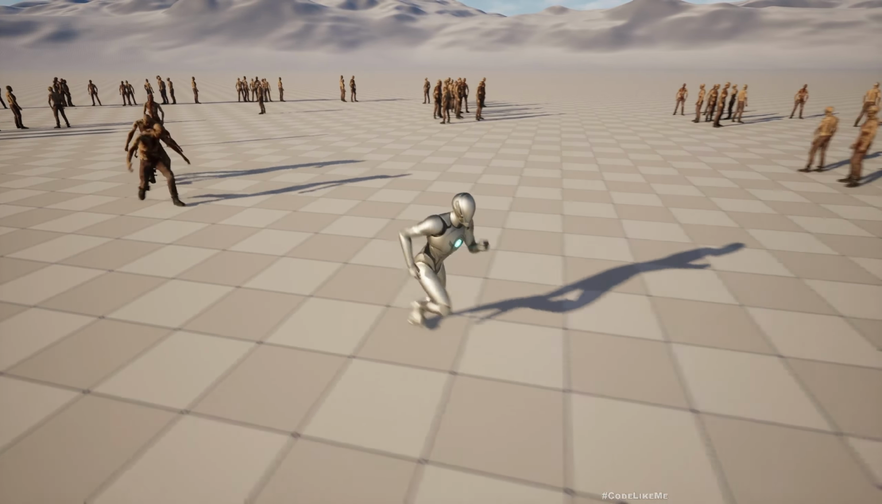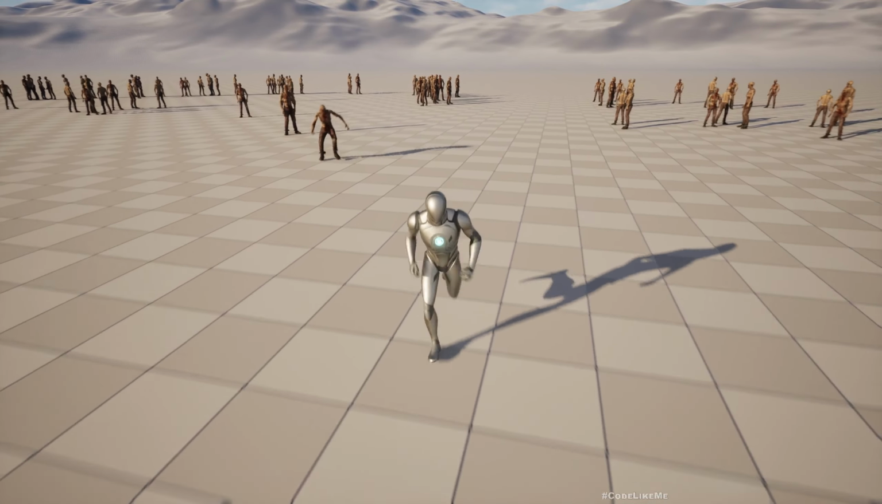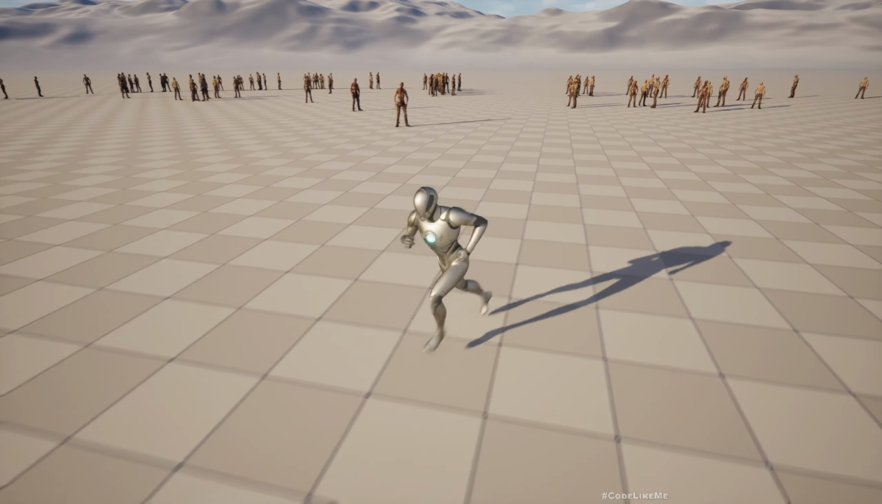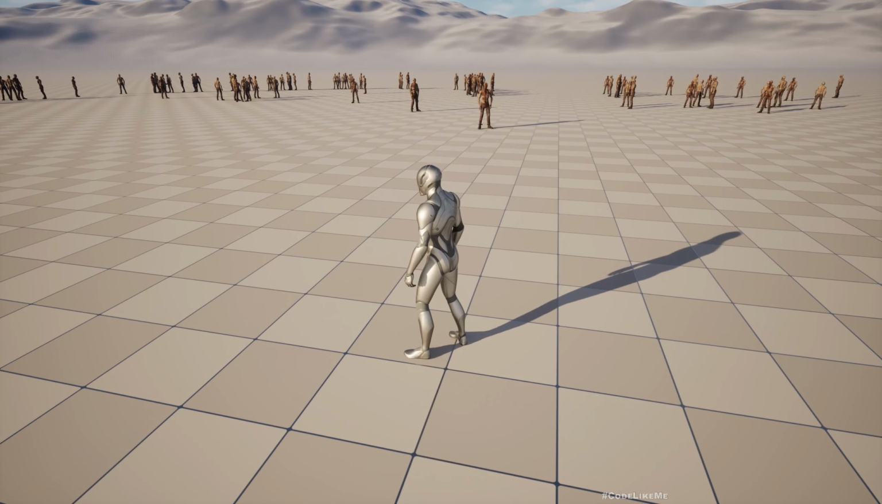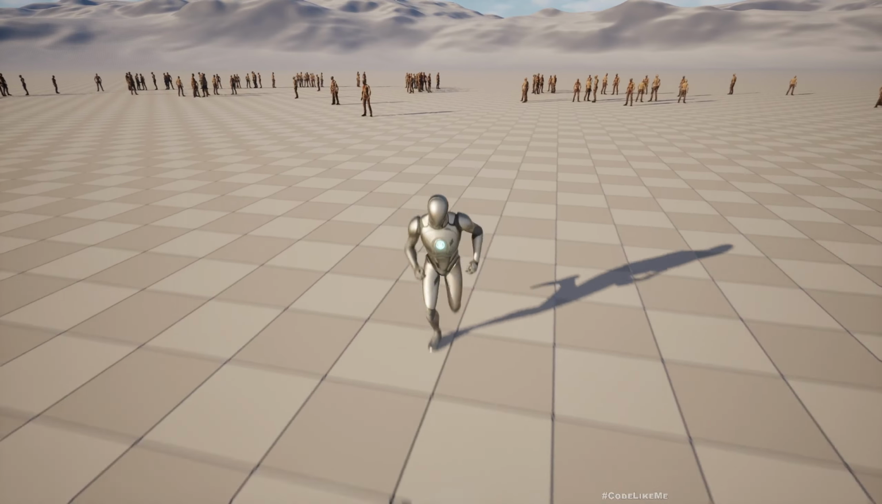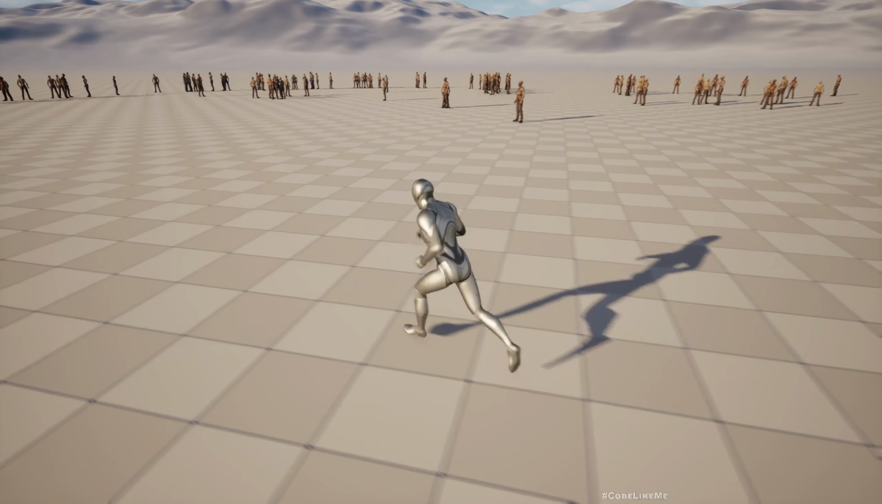So the important thing that we are going to learn today is how to switch from one animation to another animation in this static mesh, based on the static mesh animations that we have used